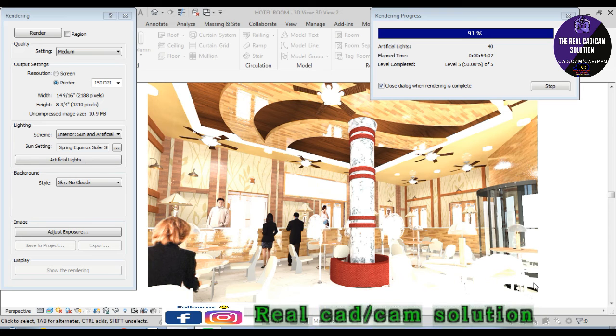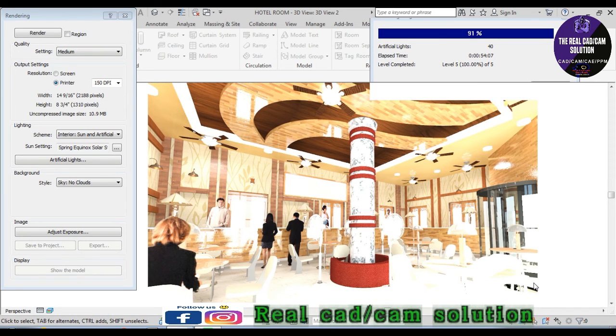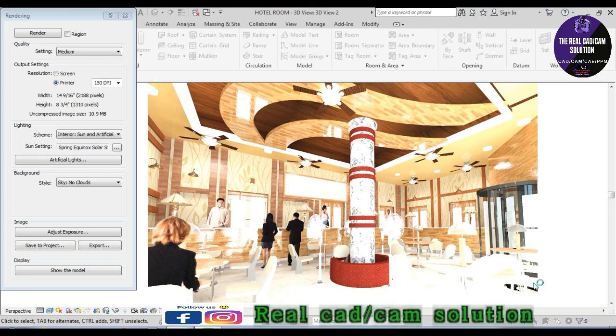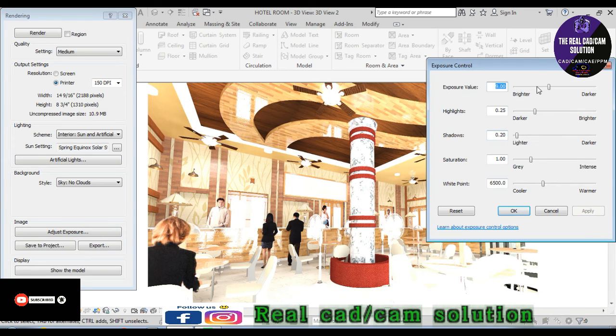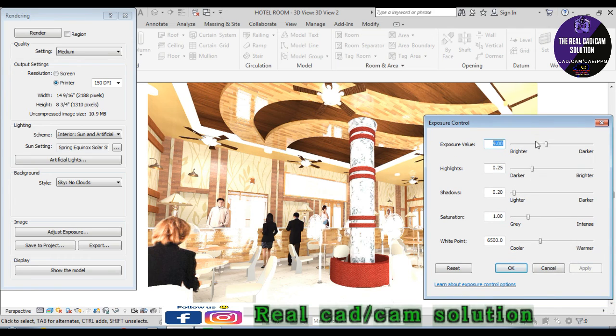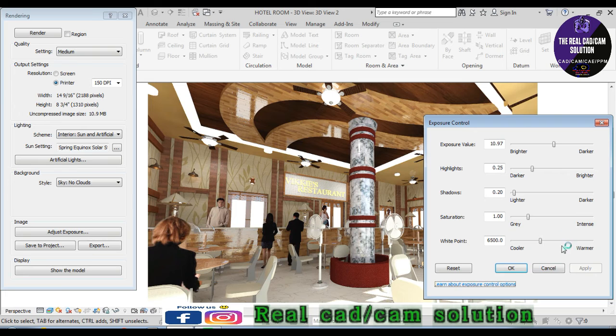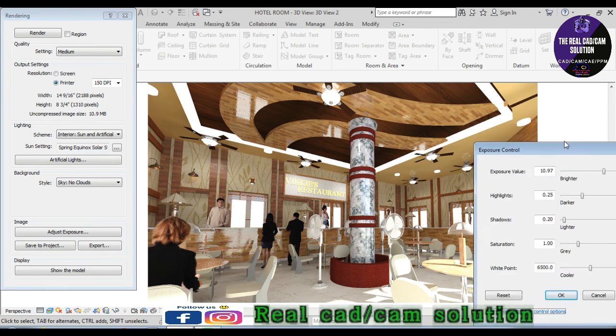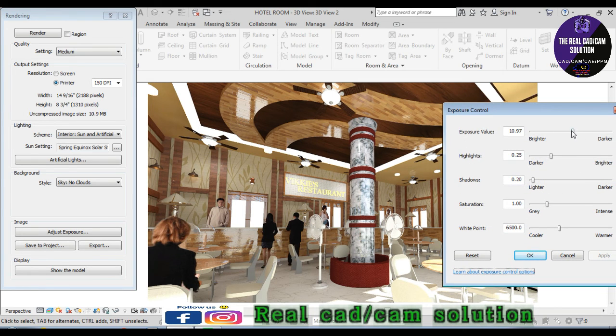And go to adjust the exposure settings. Just look at how to adjust like this. The adjustment is very important for the realistic format. Okay, go to the adjust exposure option, and adjust the brightness and highlights also. First of all, I choose my brightness. Okay, it's exact to my morning view. It's okay, nice. I go to increase my brightness.